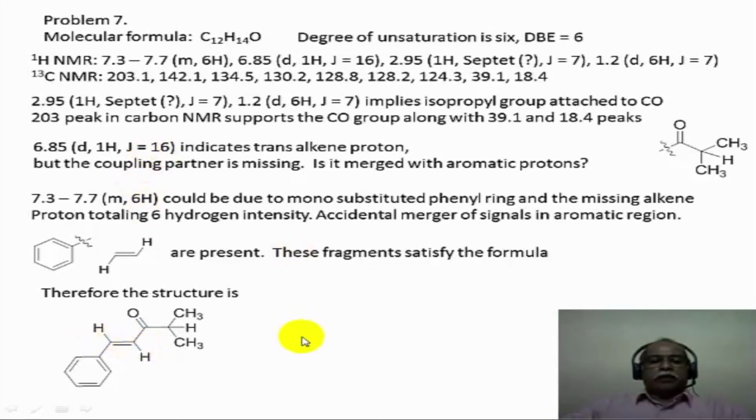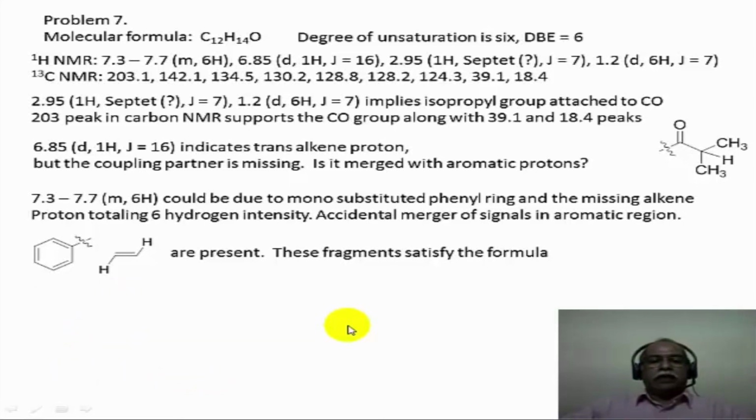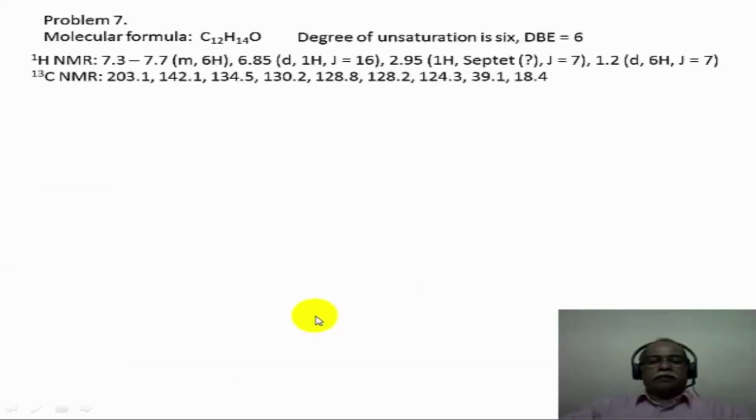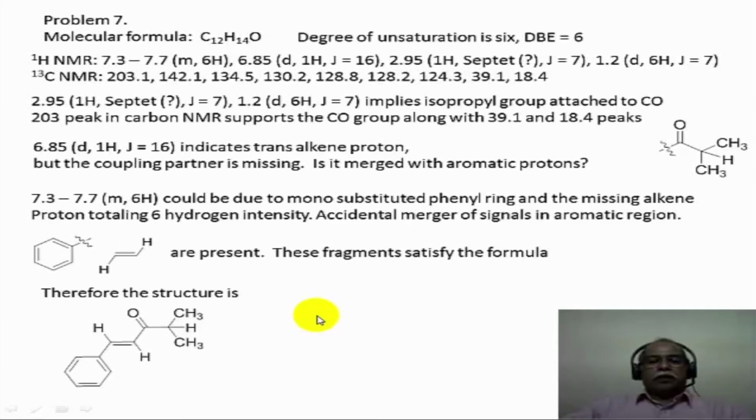You have a 16 Hertz coupling which satisfies, and this hydrogen at 6.85 corresponds to the alpha hydrogen, not the beta hydrogen. The beta hydrogen will have a higher chemical shift value, and that is why it is merging with the aromatic signal. If you look carefully in this NMR spectrum, this corresponds to the alpha hydrogen of the alpha beta unsaturated ketone. This corresponds to the beta hydrogen. The part of the spectrum is seen here as a doublet merging with aromatic signal here. So we solved the structure of this molecule also. It's a fairly simple molecule. The NMR pattern essentially implies this particular structure to be the correct structure for the data.